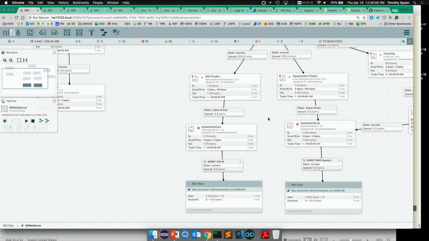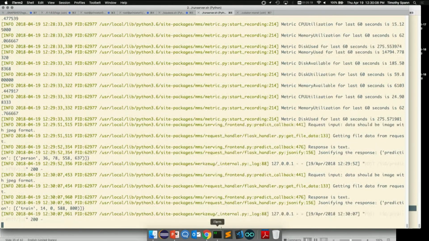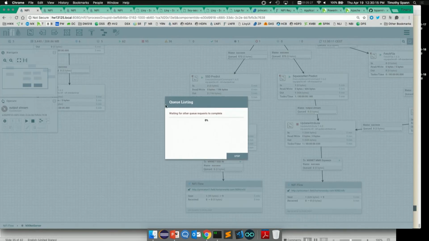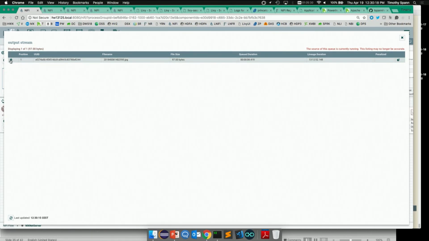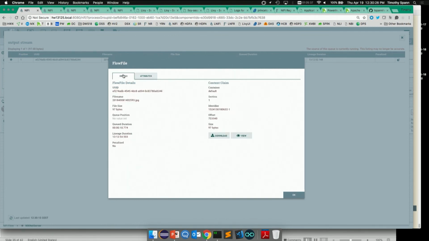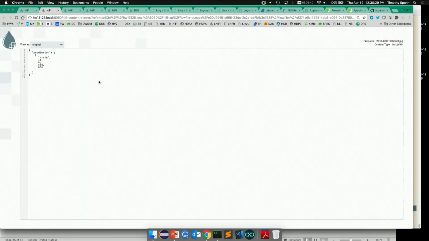So let's see, we got one come through. We can look down here. Okay, it got the call. It's making it in JSON. Okay, here's one from SSD. Maybe you want this on a real model server and not on a laptop. That's up to you. It tells me how I called it, what the status was, some nice things. I also get the JSON back. And this is what it thought it was. It has a picture it thinks is a train, and it tells me that's a box. Using OpenCV or any drawing routine, I could draw a box around where that is in the image.